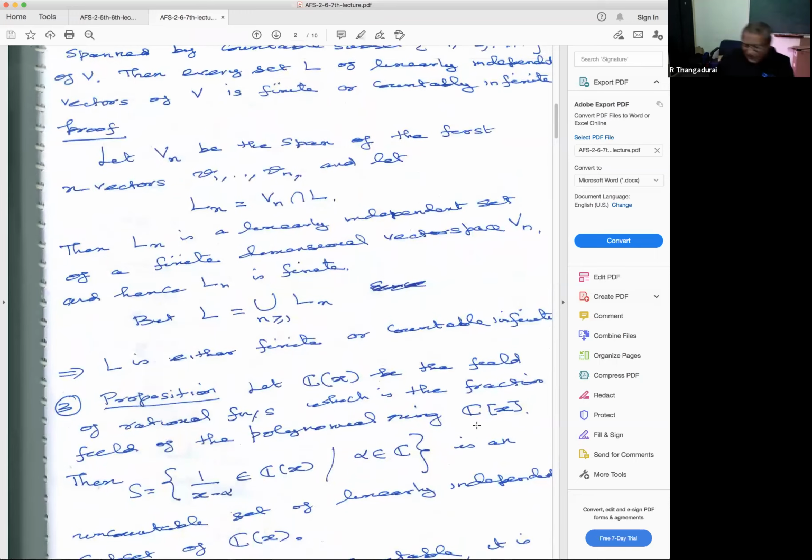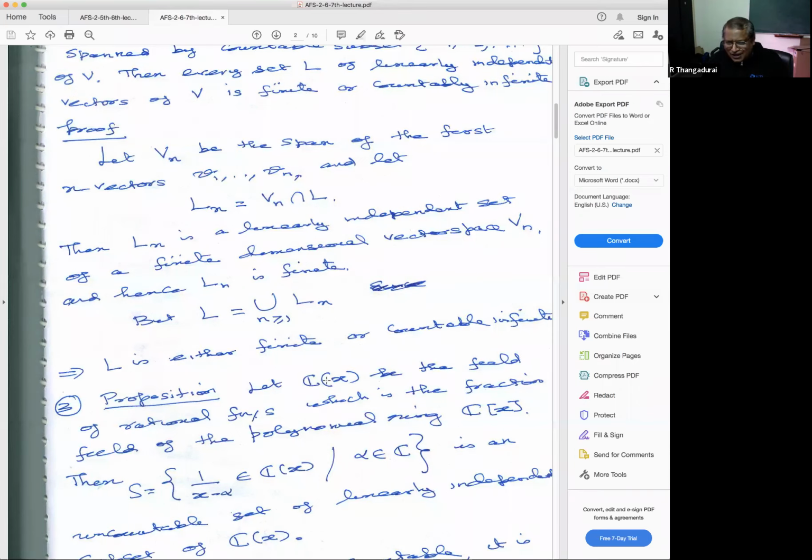You see, so C[x] is a polynomial ring we saw, and then we saw one more field attached with C[x], the rational functions. C(x), a rational function in one variable. This is the field of fractions of C[x]. Okay, in this field, since it is a field, this is a vector space over C.